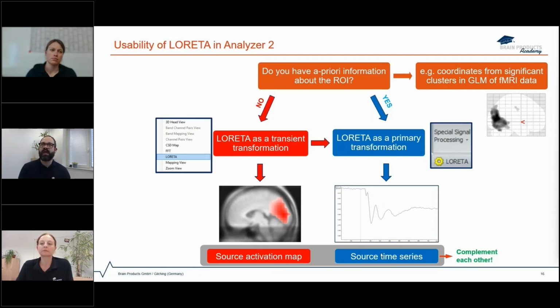But sometimes I want to be more explorative and don't really know where to look. I maybe just have an idea from looking at the distribution of my scalp maps, but scalp maps do not show you what's going on in the brain. They just show where on the scalp, due to volume conduction, those potentials from the neural generators end up. Therefore, in such a case, we can use the red pathway going via the LORETA transformation, which gives us these source activation maps. Then I see for each time point where the maximum of activity in my source model actually is. This provides me those coordinates where to look that I get for the blue pathway from elsewhere. So it's basically a way to get this input that I need for this blue pathway,